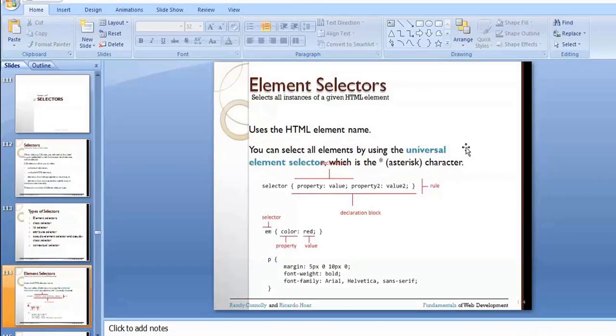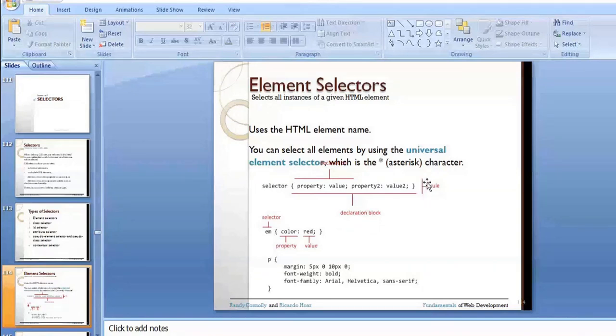One is that you can apply to a single HTML element, an instance of an HTML element. For example, if you want to apply to a paragraph, you can just specify it. In the previous class we discussed this normal method of selecting a particular HTML tag and specifying its style. That is called an element selector.